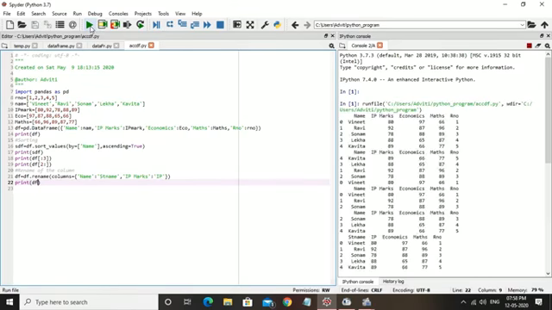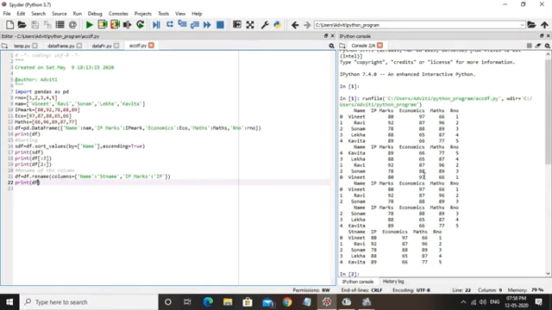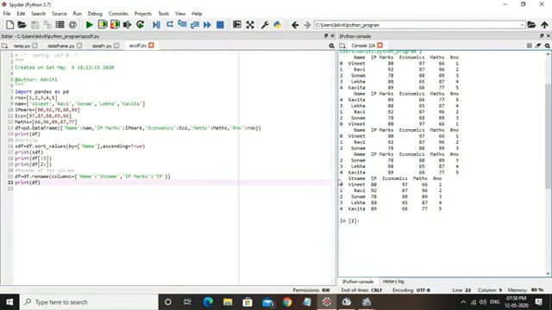Now we can run this program. You can look at here at the last. Earlier the column name was name, now the new name is st name, and the previous name was IP marks, but now the new name is IP. So in this manner we can rename any column name. I will repeat again: we can use the rename function to change the column name.